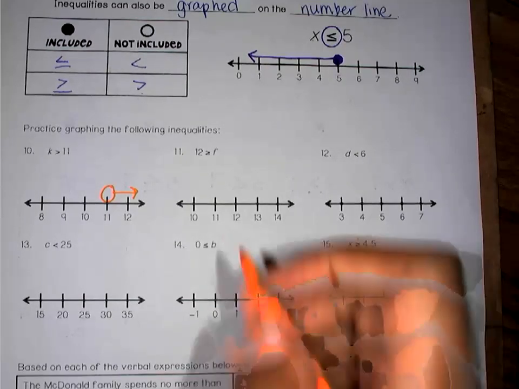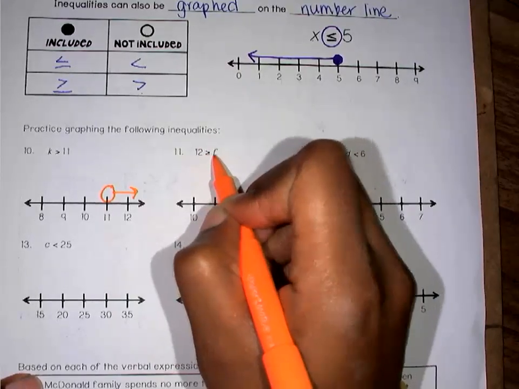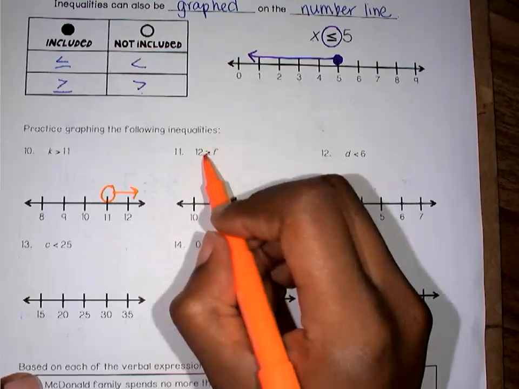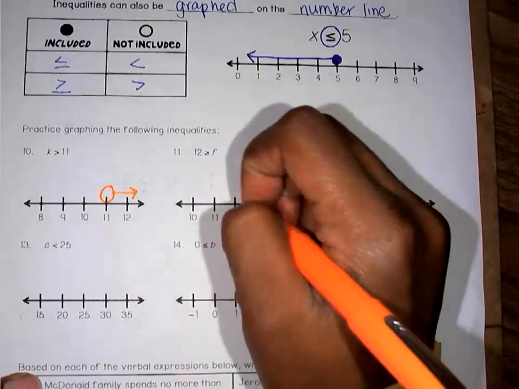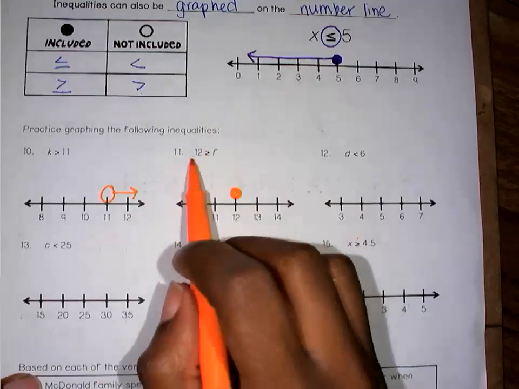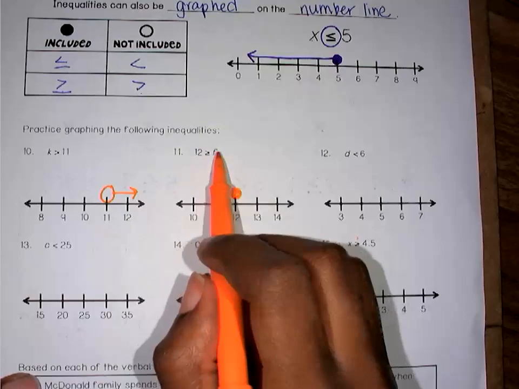Number 11. 12 is greater than or equal to F. So I'm going to go to 12 and I need to look at the middle, see if it's open or closed. It's closed because it has the bar under it. So I'm going to have a closed circle. Now it says 12 is going to be greater than or equal to F. So